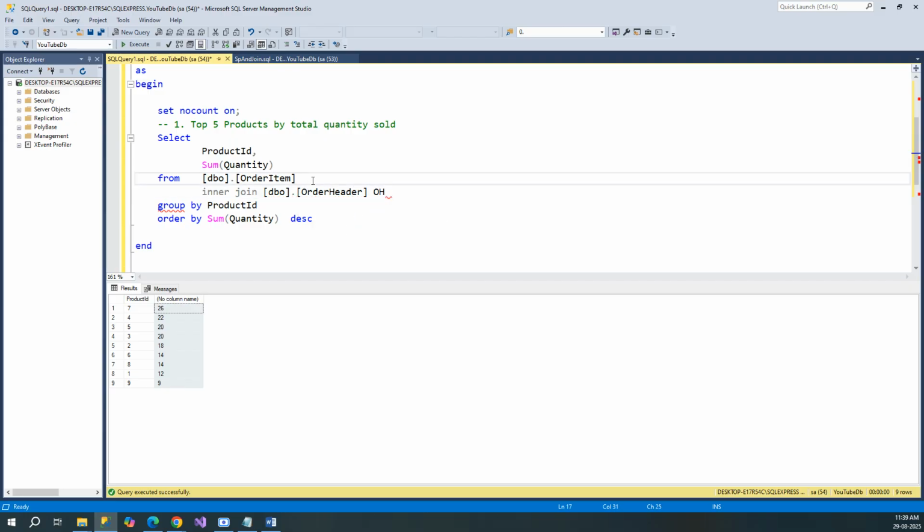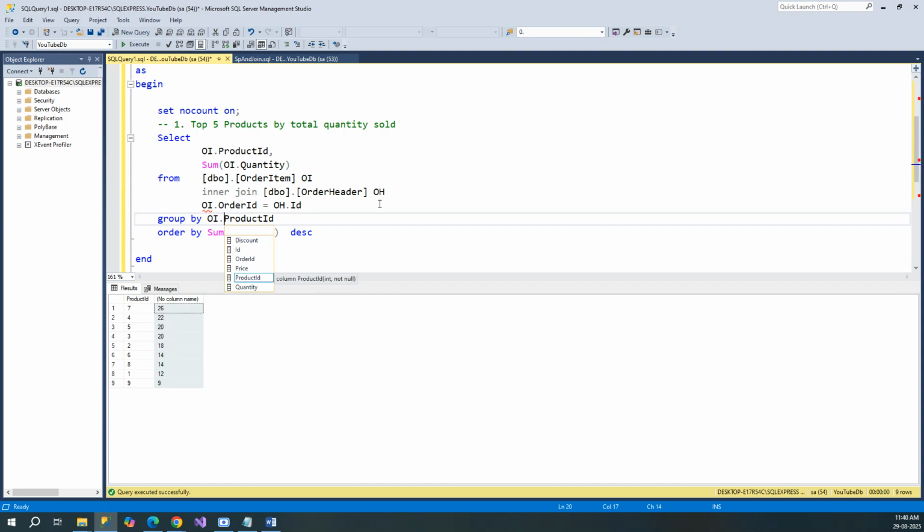Let me mark this OI. This should be OI dot, and inner join OH on OI dot order ID is equal to OH dot ID, and here it would be